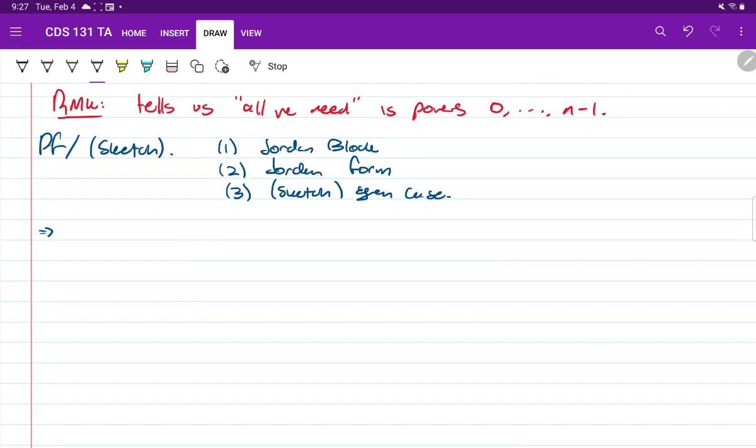Okay, so first let's prove this for a single Jordan block J. Okay, so consider a Jordan block, which I'll call J_lambda equals lambda I plus N_0, right? Remember, N_0 is one of these nilpotent matrices of order n, right? It's a matrix which has zeros everywhere except in the first superdiagonal, where it's got ones just above the diagonal, okay?